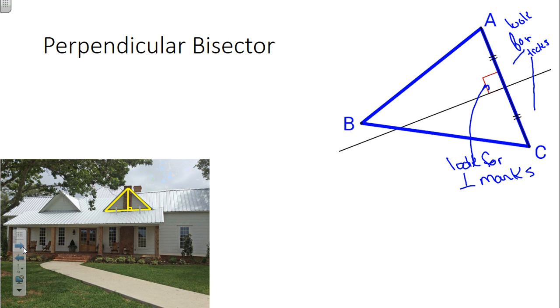Right angles. These little double tick marks or single tick marks, we want to see that our segment has been bisected. It's been cut in exactly half, and we want to see that we have a right angle there. Then we know we have a perpendicular bisector. Questions on this one? All right, next, we want to talk about